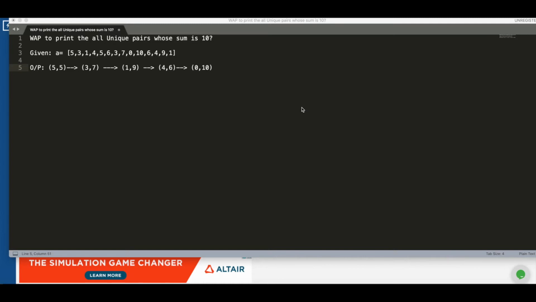So today we'll see one Java program to print all the unique pairs whose sum is 10. This is one of the questions which was asked to me in my recent interviews.